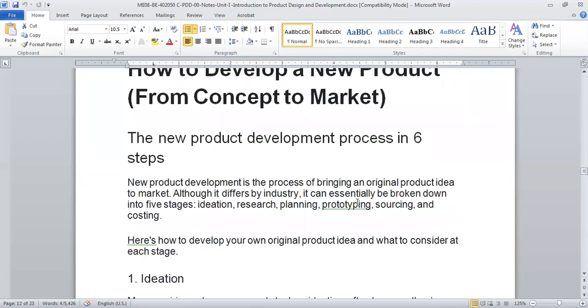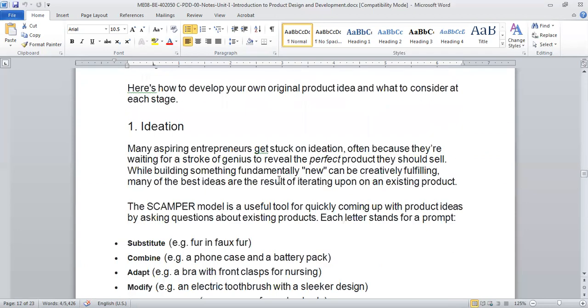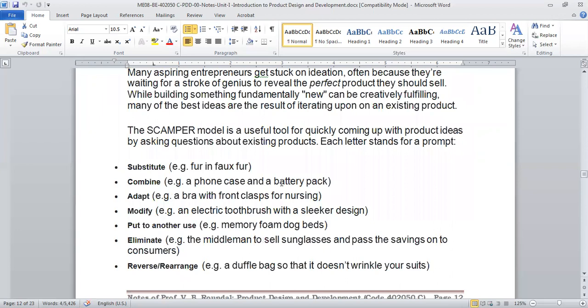We will take an example now for new product development. What are the different steps? We'll see now by taking an example. As I said, whatever we discussed in the previous stage, ideation, so basically getting the idea. I'm taking different examples, like modifying an electric toothbrush with a sleeker design. So whatever modification, say if you are designing a brush, you will design an electric toothbrush,